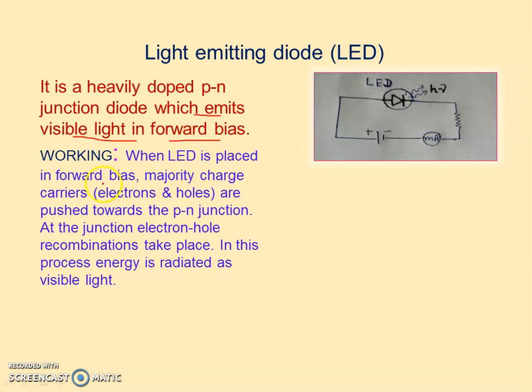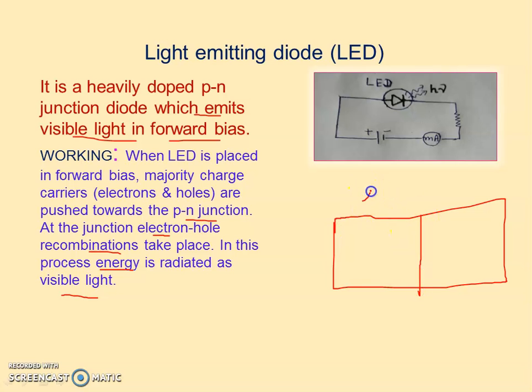When LED is placed in forward biasing, majority charge carriers are pushed towards the PN junction. At the junction, electron hole recombines and in the process energy is radiated in the portion of visible light. Actually, in case of PN diode, there is a potential barrier at this junction, when the holes of P type and electrons of N type